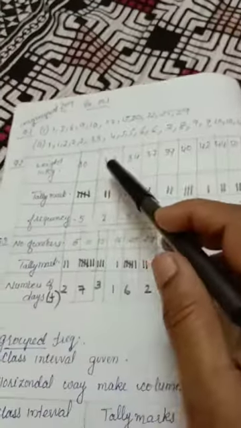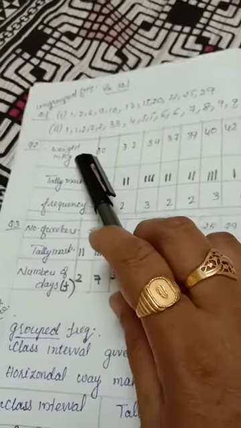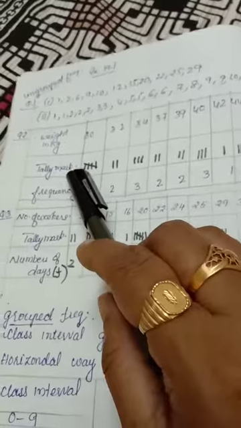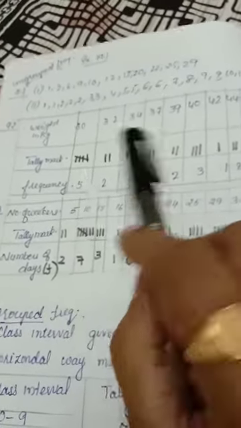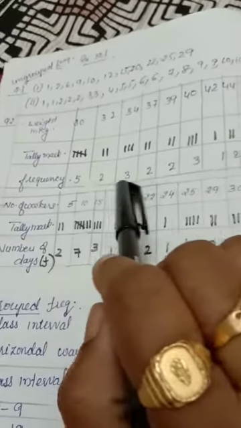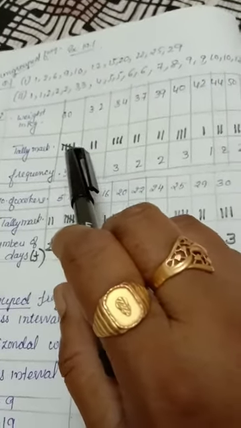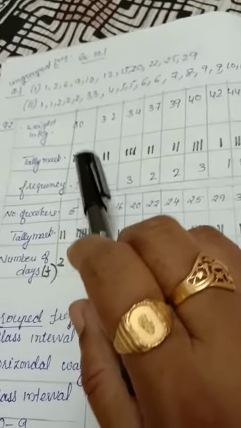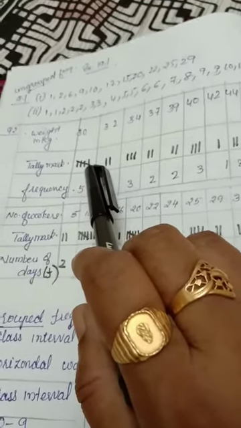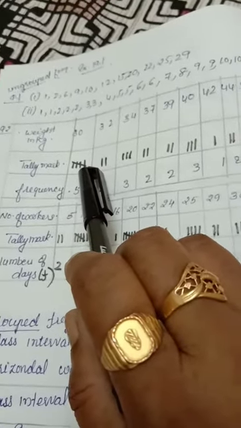After that you can draw the tabular column. I represented it horizontally; you can draw it vertically also. Weight in kg, tally mark, and frequency. Frequency is how many times your observation comes. Representing 5 in tally marks, you know that only straight line sticks are used. Till 4 sticks you can draw; for 5, you cut across those 4 sticks.